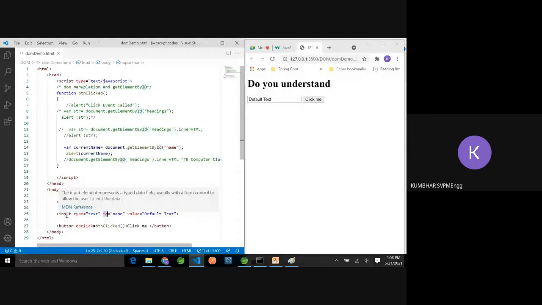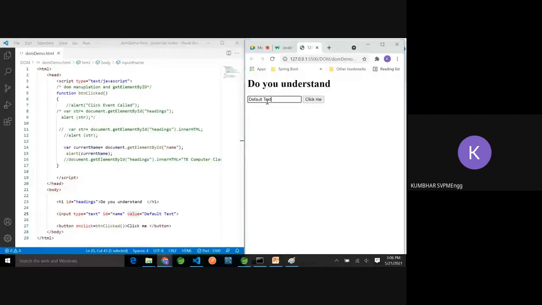Now what we have planned to do is, whenever we click, we want to display the contents in the alert box. So if this is giving me the text box and I want the value, the contents are in the value.